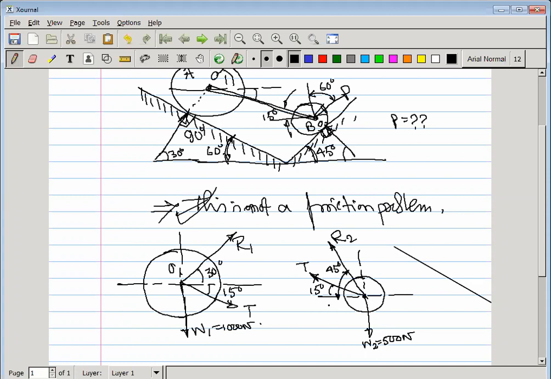Okay, anything else? Yes, as per the question, this P acted force is also there, which with respect to vertical is 60 degree. Means if we draw this one, then this angle will come 60 degree, right? So you have to draw with an arrow force P, and this is 60 degree. No other forces, as this is a smooth surface, no friction, so only these four forces are there, four concurrent forces.